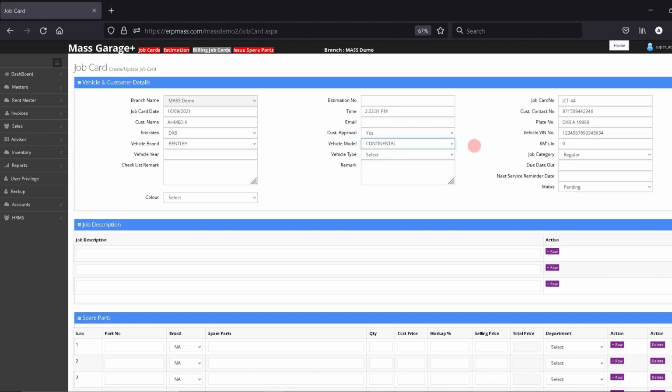Provide the kilometers in. Give the vehicle year. Leave this vehicle type and select. The job category will be regular for regular customers. Then